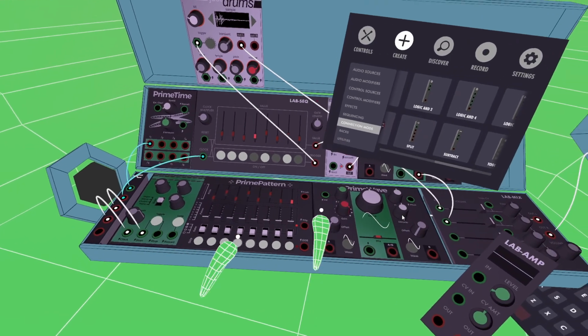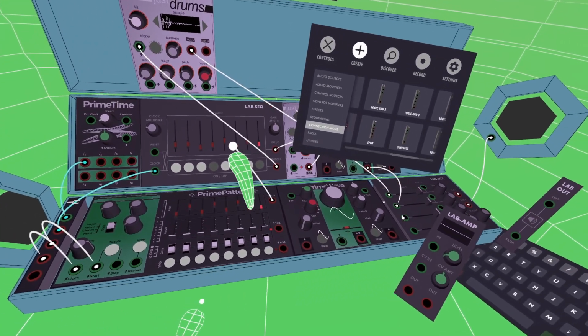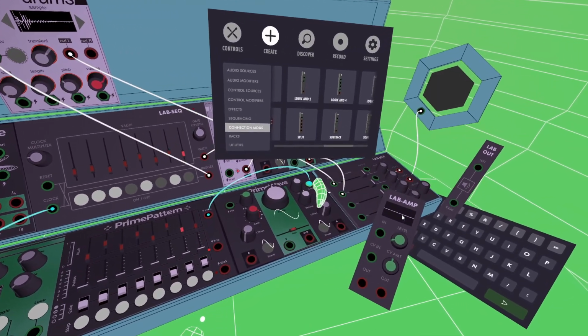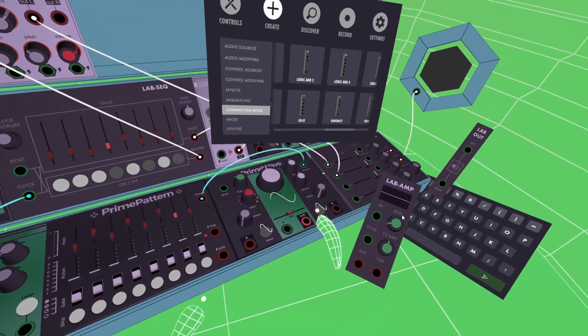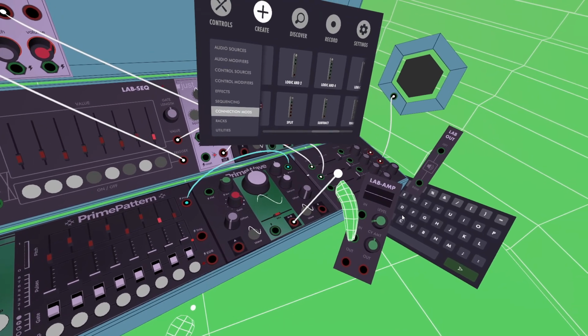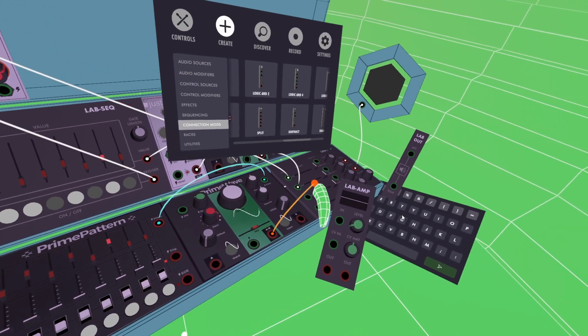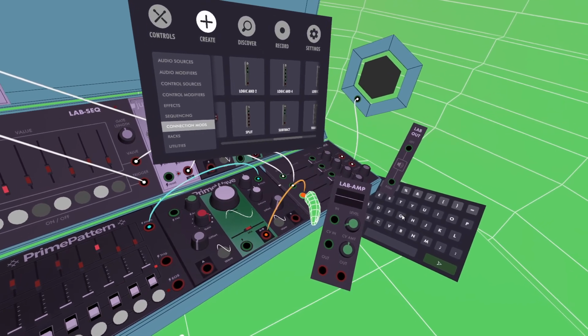And then take out the pitch connection. I'll make it another blue wire. Plug it into the pitch here. And then take this out. I'll use orange for audio. And put in